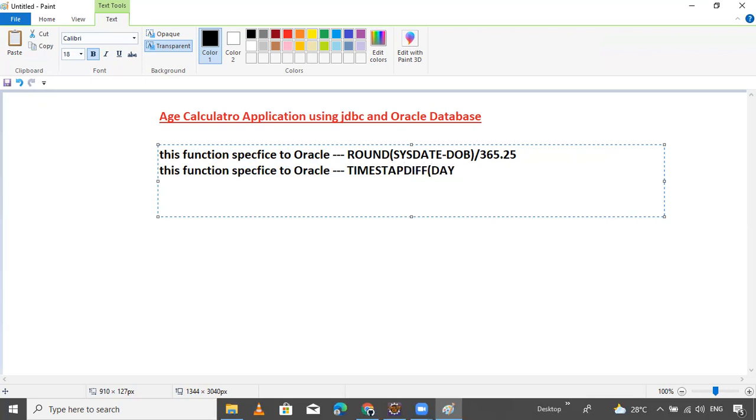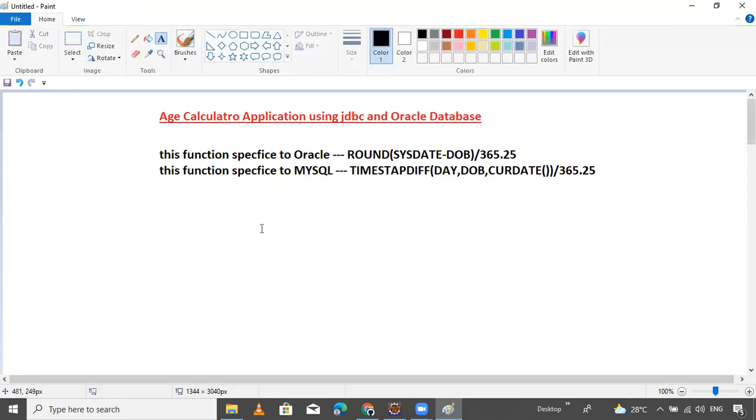Pass the date which you want, DOB, and the current date, that is, current date. That's it, and divided by the same 365.25. This is specific to MySQL. So now you can use these two functions.